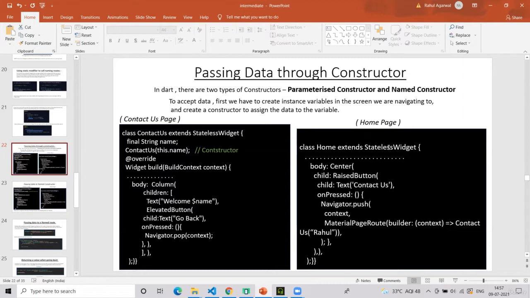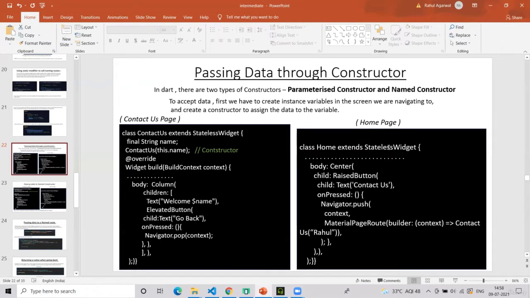In that case, we don't want to again have a database call in the second screen because it will be very time consuming and resource consuming. It's better that if we have the data already in the first screen, we pass the data to the second screen through the constructor.